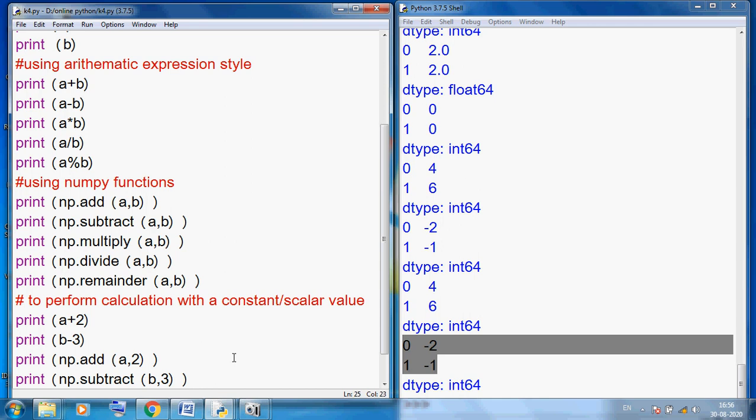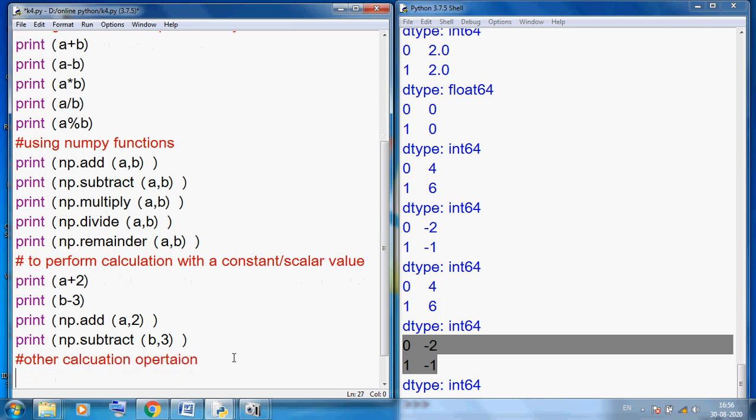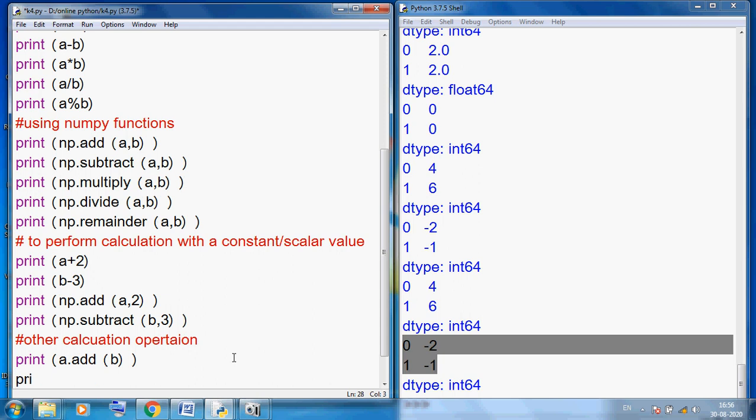Now another calculation style. Print, suppose, a dot add b, and print a dot subtract b.